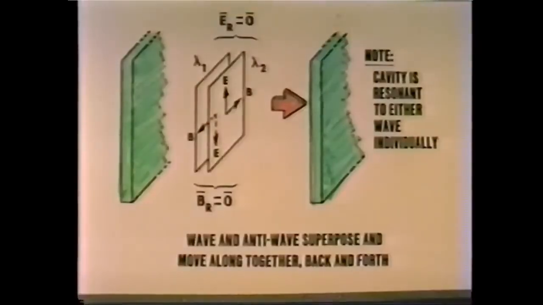Take a normal resonance system with a wave moving back and forth in a cavity so that it's in phase and coherent. Suppose that there were two waves moving along together, but the second wave, the electric and magnetic field, were 180 out from the first one. That's a scalar resonance system. Your normal instrument won't even see it. We can build special detectors that will see it.